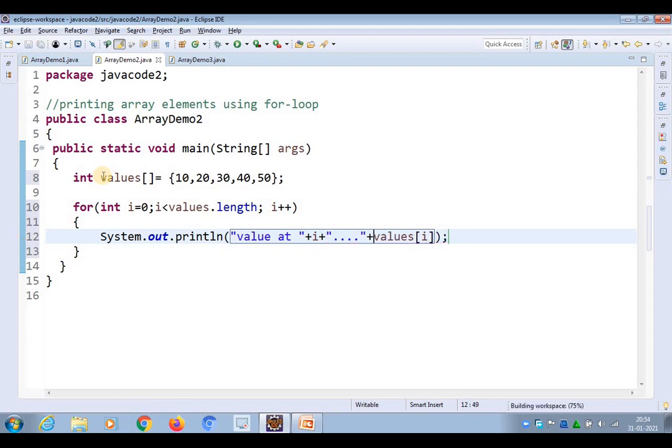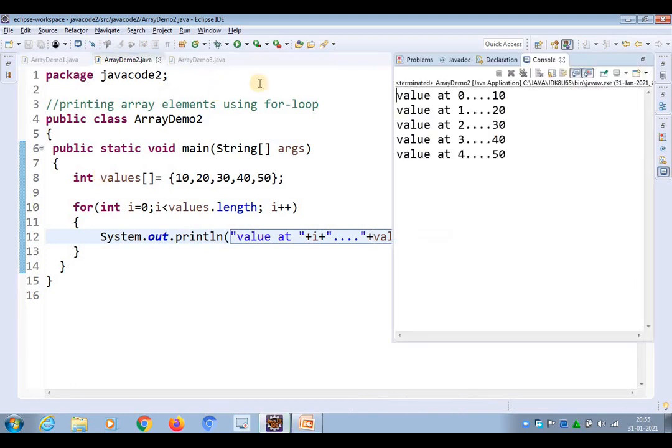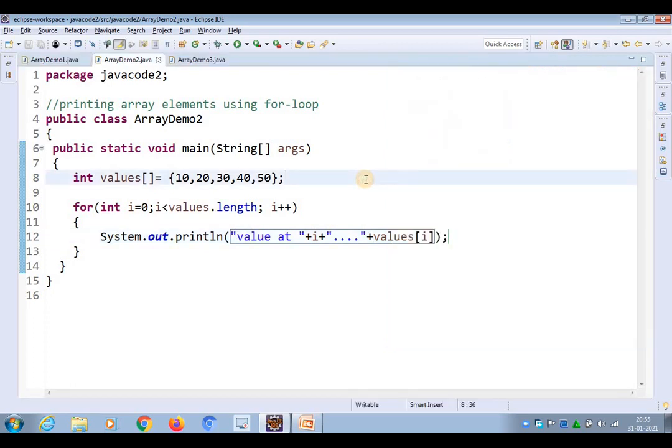Now let's run this particular code. It is executing. Yes, you can check it. Value at 0 is 10. Next one, 1 is 20. Later 30, 40 and 50. Yes, this is the second way to print the array elements by using a for loop.